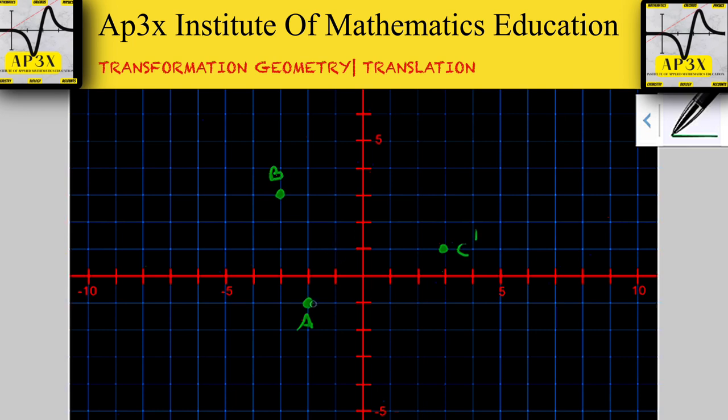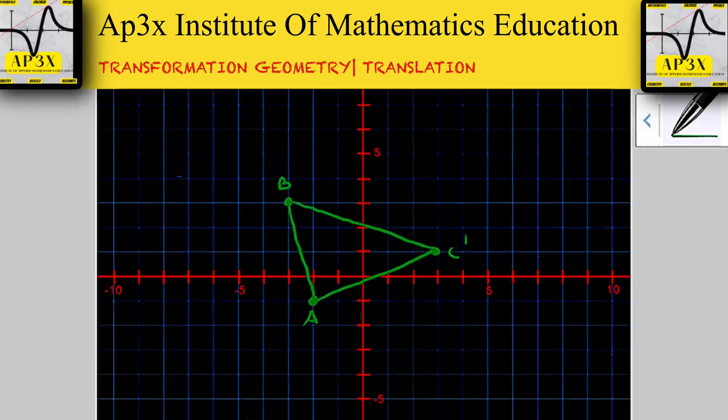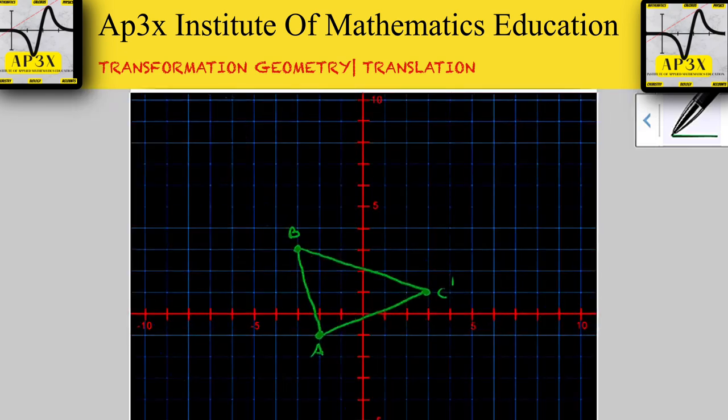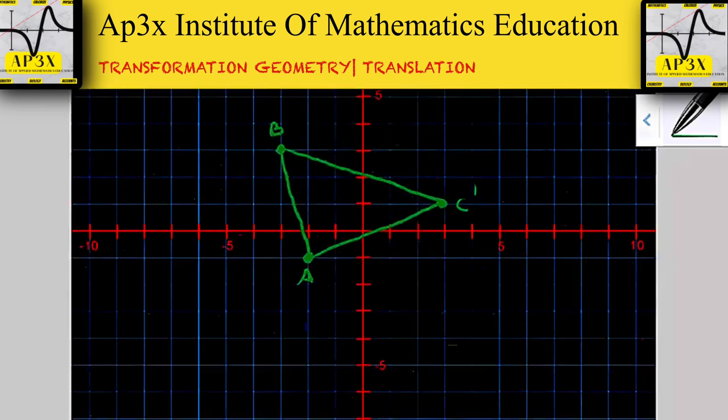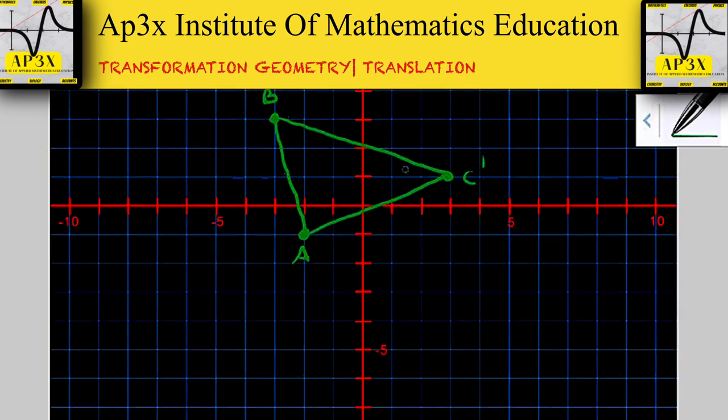All right. So I'm going to go ahead then and I'm going to connect here. I'm going to connect here. And then I'm going to connect here. Okay, so I have this triangular shape. And so, of course, each of the points of the vertices of this particular shape will be moved (-1, 5). That means each point on the object is going to take 1 step to the left